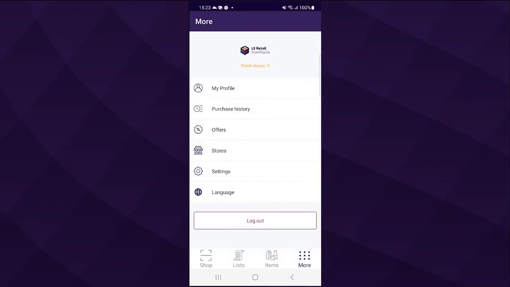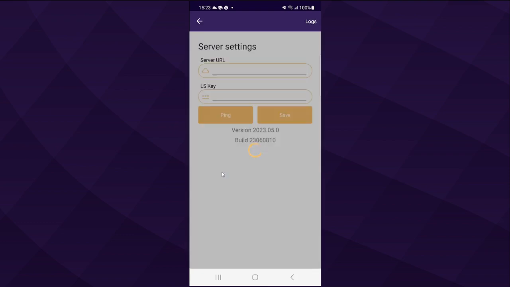We've been looking at the Scanpay Go app, but we downloaded it, remember, from Play Store or App Store. And now we would like to see how we can change the setting so it works against our VM. Here in the app, you will see the settings. Here you can see, if we go forward, this is connected to the mobile demo server we have at LS Retail. This is what we want to change to connect with our VM.